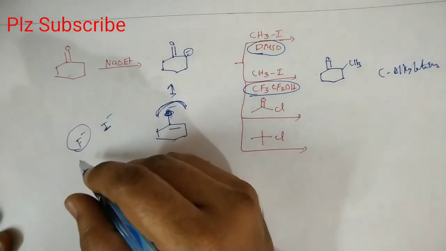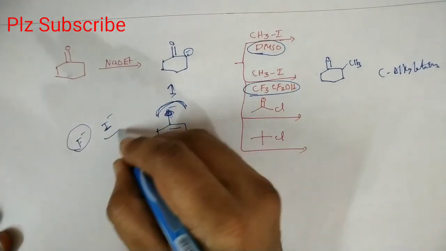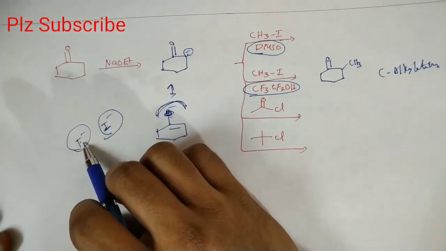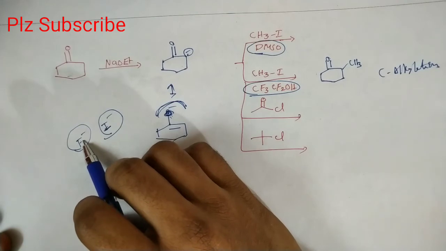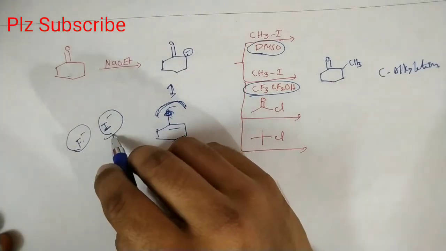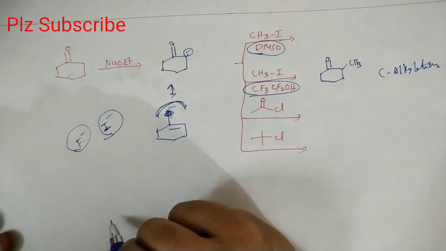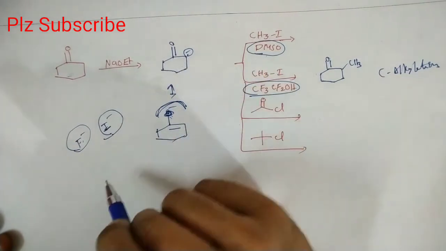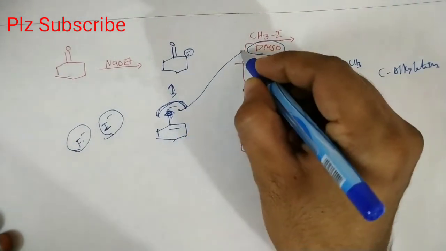And in water, I minus is more nucleophilic. So the smaller size atoms are more nucleophilic in a polar aprotic solvent, and larger size nucleophiles are more reactive in a polar protic solvent. So in DMSO, the smaller size one, that means your oxygen, readily